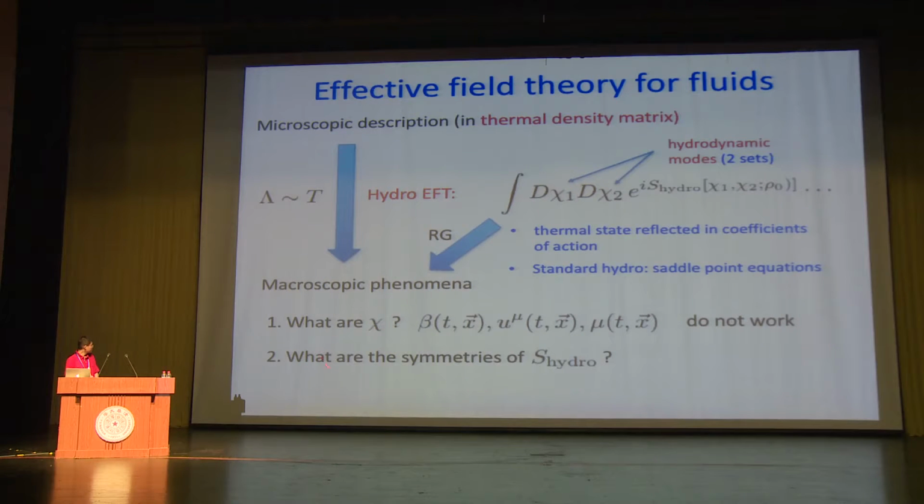And so we first have to identify what are the right degrees of freedom to use here. And the second, we want to answer the question, what should be the symmetry we should impose in the action? And then with the identification of the degrees of freedom and with the symmetry, you can just write down the most general action compatible with them. But then the last, we have to specify what should be the integration measure, because in general, this,